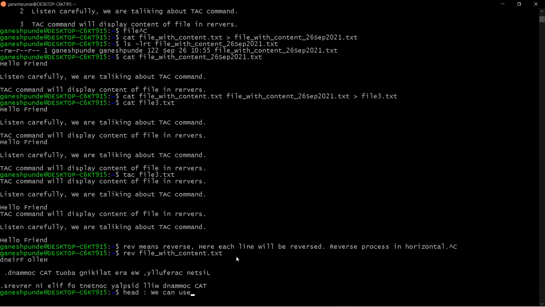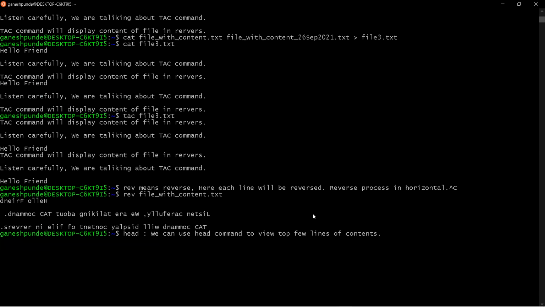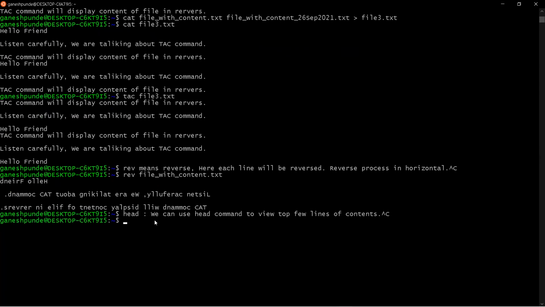We can use the head command to view the top few lines of contents. This is the basic purpose of the head command.